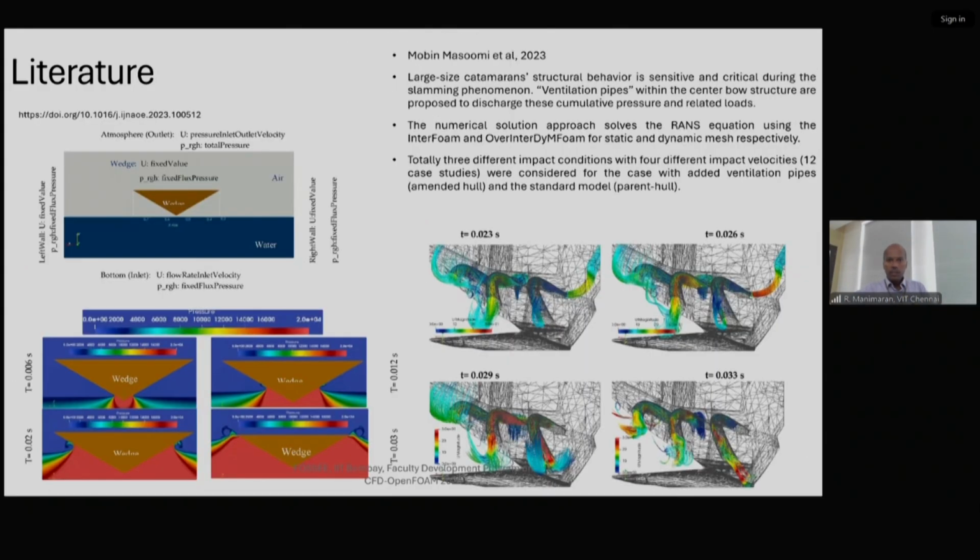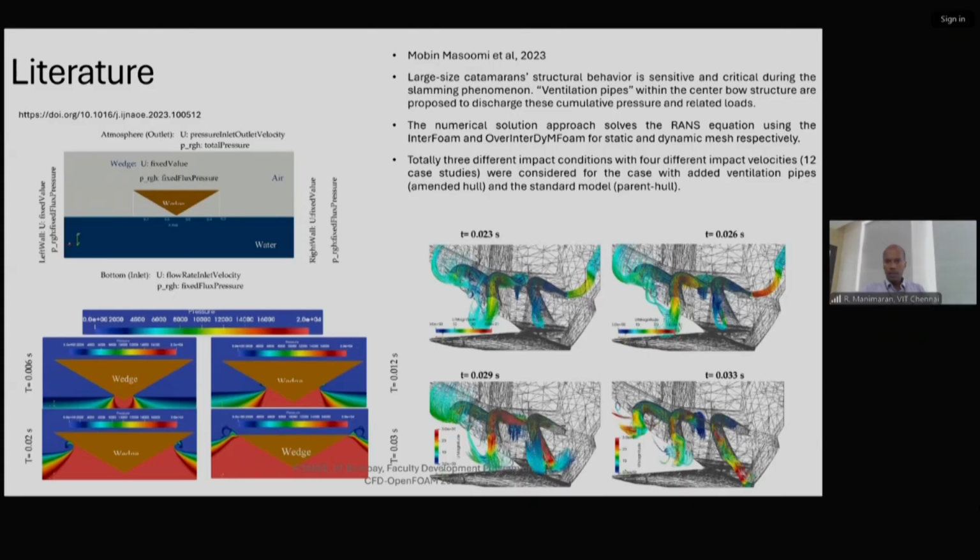So next is the catamaran. I think you may know that it's like a boat. Typically, the fishermen use the catamaran shape. They want to identify the sensitive and critical slamming phenomena. So to identify that, they use interFoam and overInterDyMFoam. That is a dynamic application. And typically, they want to modify the